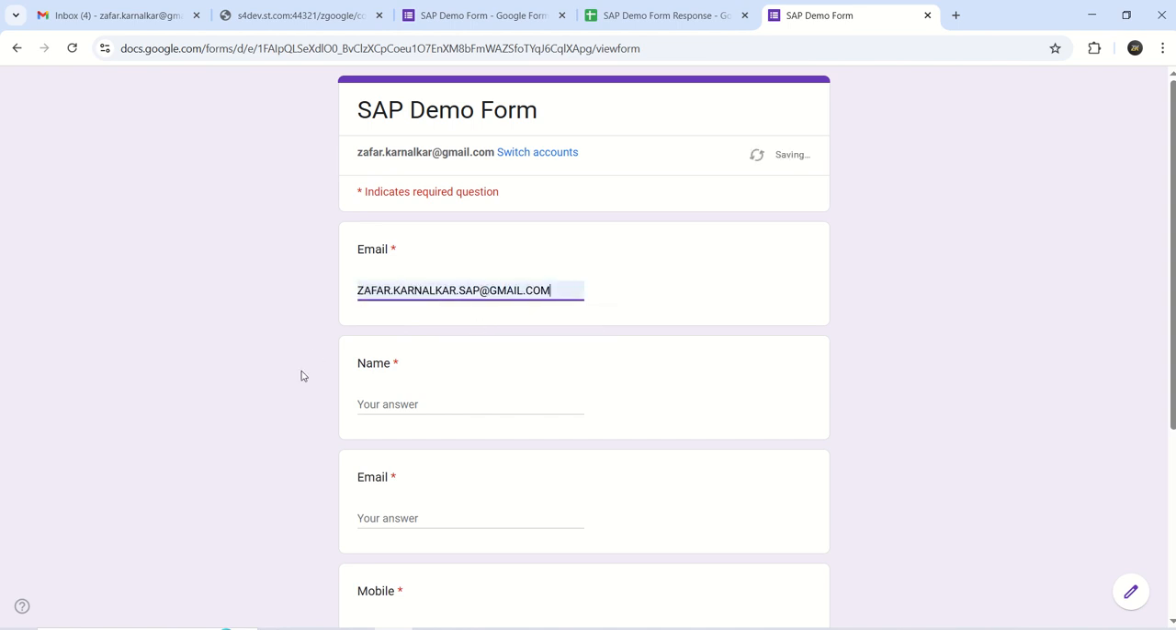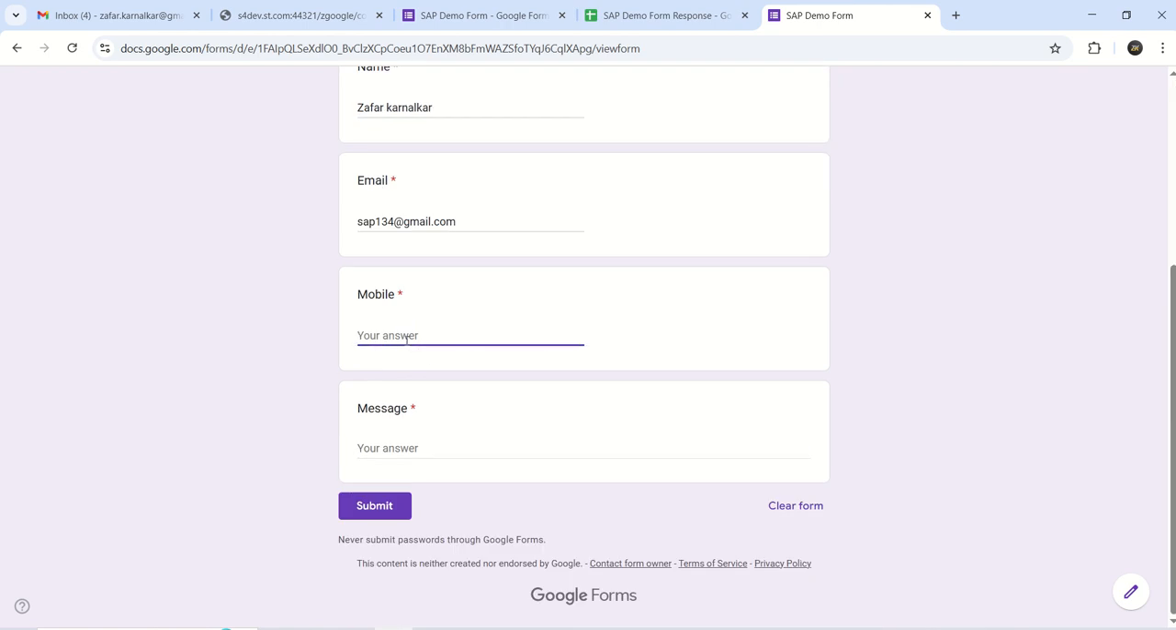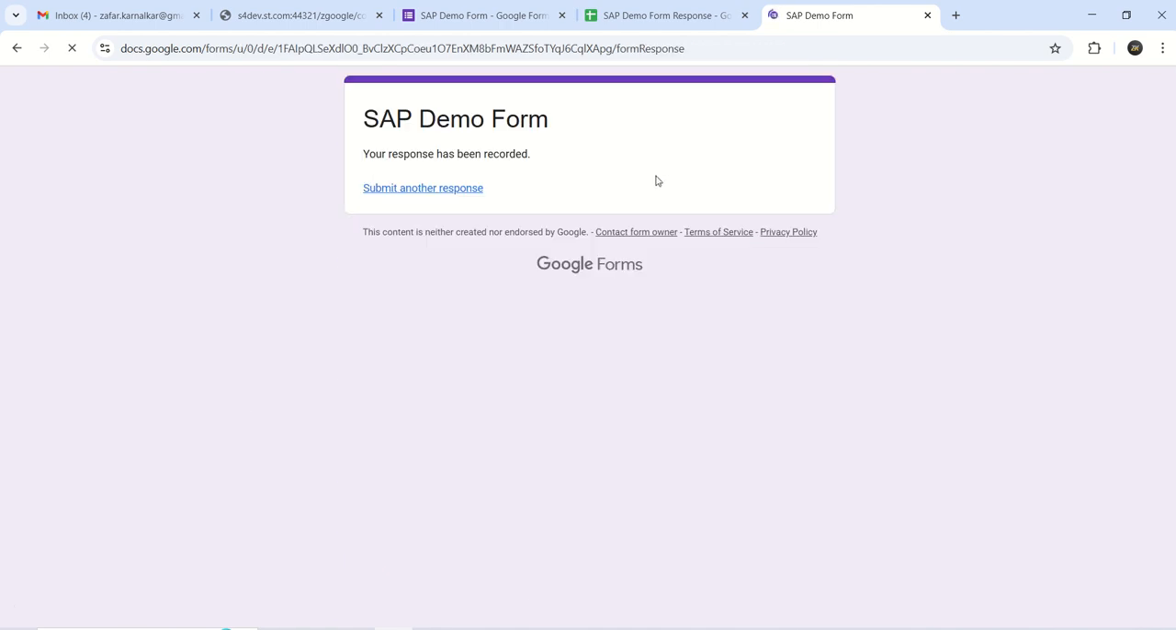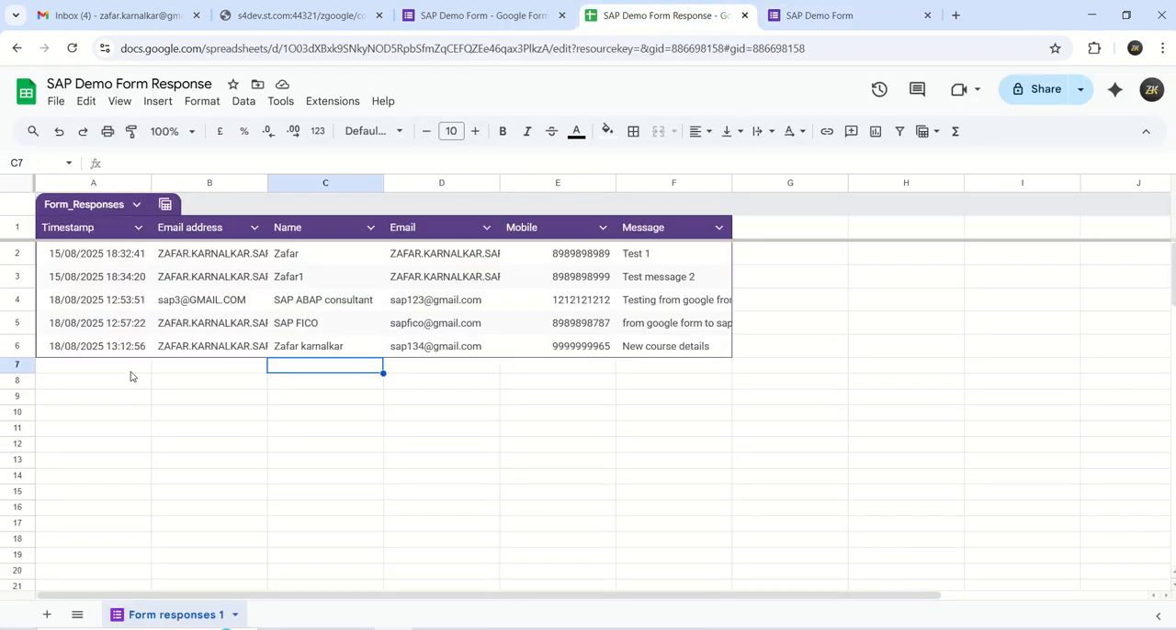So this will be the login user email ID. From here they will enter the name. Then their email address. Then next is the mobile number. Then the message, like new course details. And once they submit, first we can see the response in Google Sheet as per